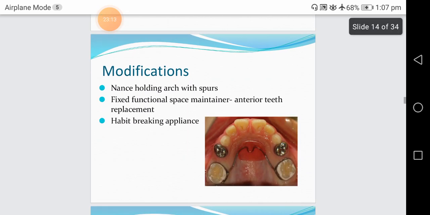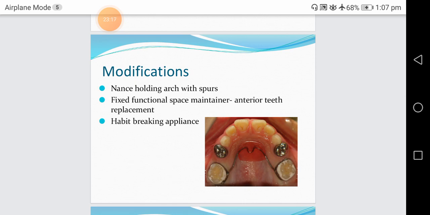Now, what are the modifications of Nance palatal arch? First is Nance holding arch with spurs. That means, I didn't get a picture of that. Nance holding arch with spurs means,